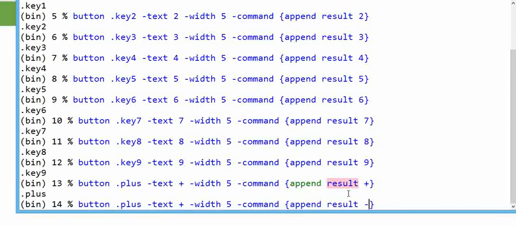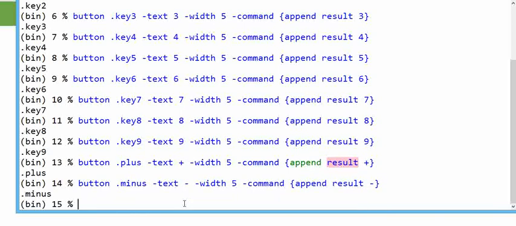Okay, so afterwards it means we have created the plus function. In the same way, I am going to create the other function like minus. The name of the button I am giving here is minus. Similarly, take another third button, I am going to create here the product.